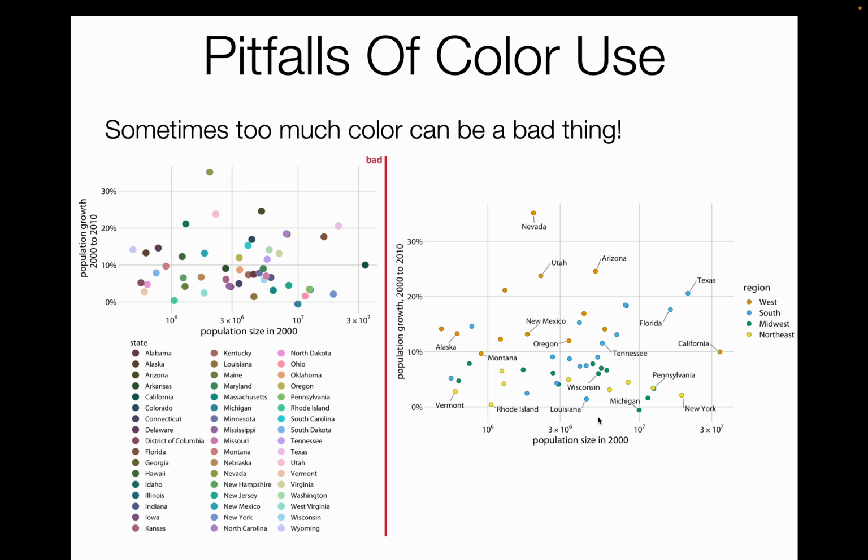So colors are great. They're fun, and you may love to use them, but there is some point at which some color can be too much color. Or there is such a thing as too much color, which you may not agree with, but this is Klaus's opinion, so you may not agree with Klaus. So on the left, you have a plot of population size in 2000, and there's a different color for every single state, and that is, of course, a problem